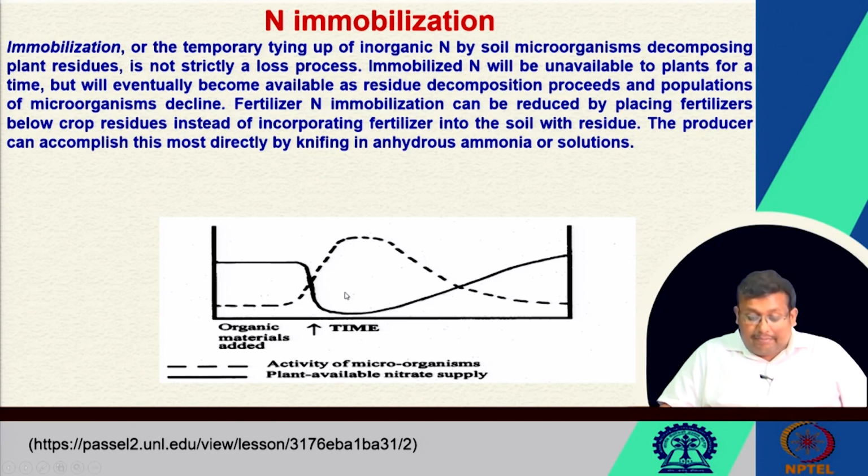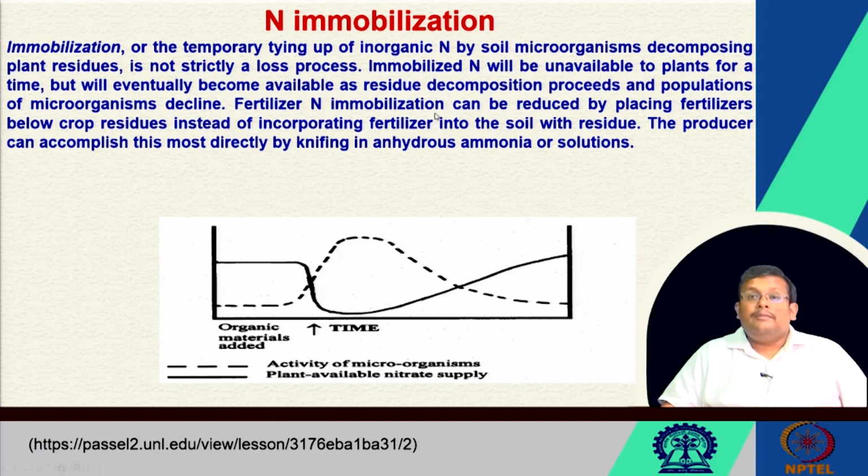However, with the passage of time, the population will further decrease with a concomitant increase in plant available nitrate supply, because when the population dies, the decomposition process will convert these organic forms of nitrogen back into inorganic form. So, that is why the plant available nitrate supply will also increase. So, this is how this immobilization